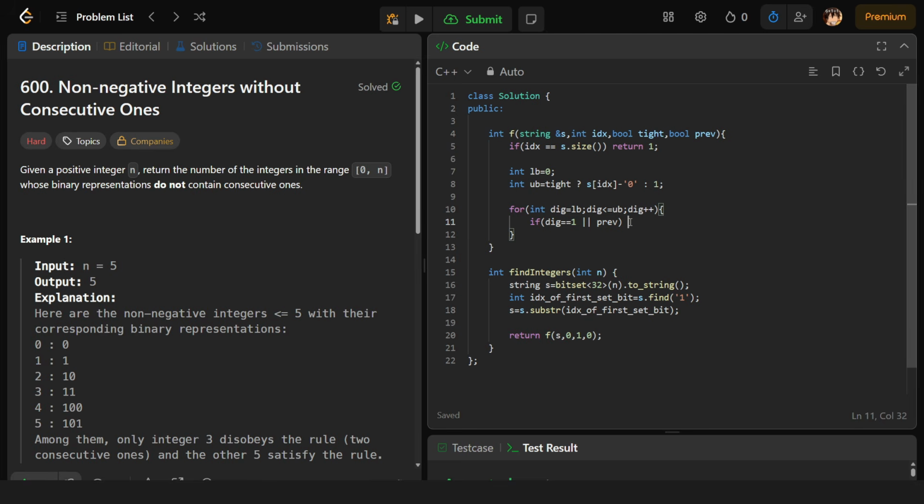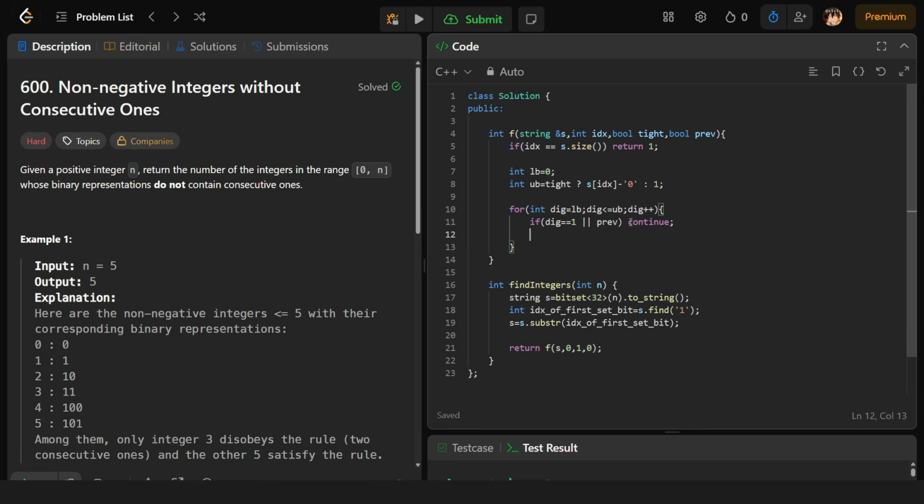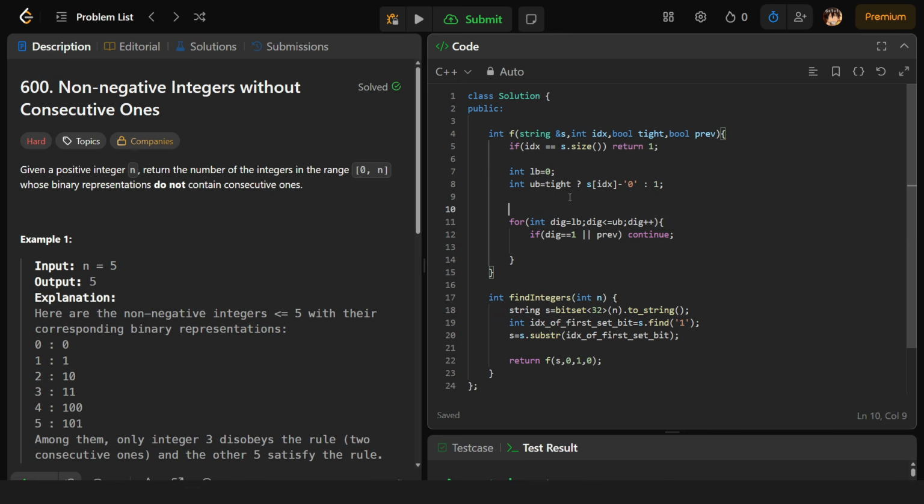So we do not have to include it. So that's why we will just continue from here. But if it is not the case, then it means that the answer that will be formed is valid as of now, right? So it might contribute to our answer. So that's why we will move forward with this and we will again call the same function and the string